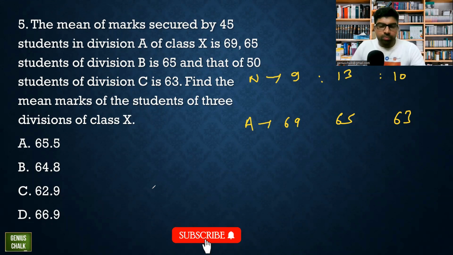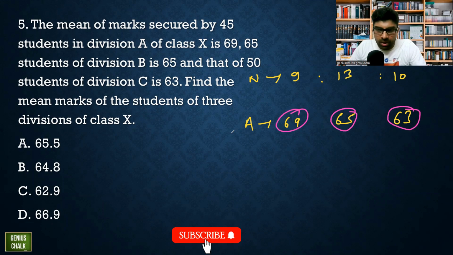Now for the combined average, this is the deviation method. So what we do, whatever is the extra, that will be distributed, and whatever we are assuming same, that will be counted as same. We can say that you see, 63 is present in all, right? So you can take average 65, or you can take 63, you can take 60 also, it's your choice. Let's say 63 I am taking as the average. 63 is my assumed average.